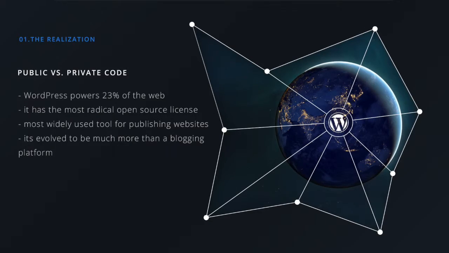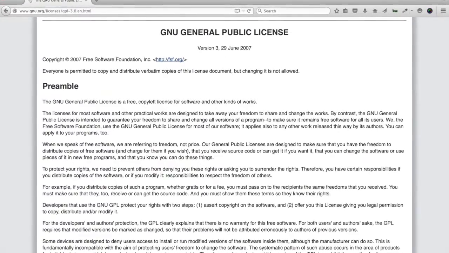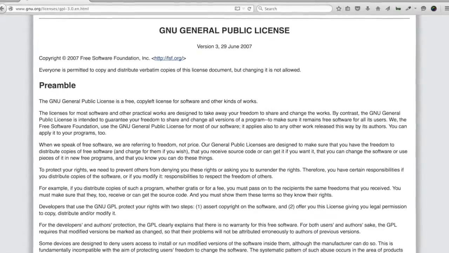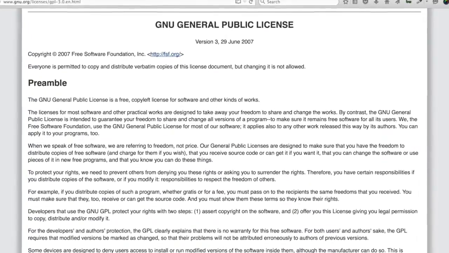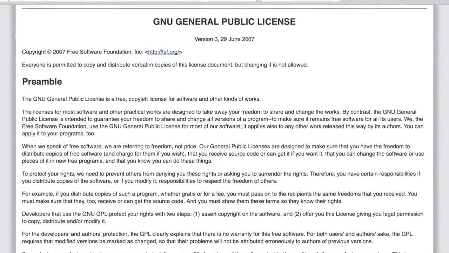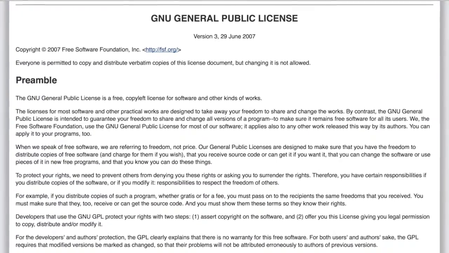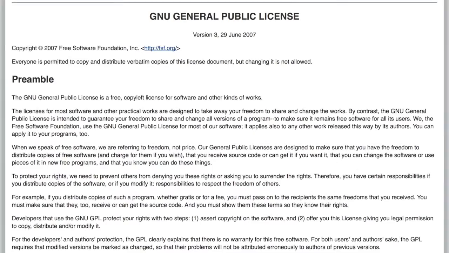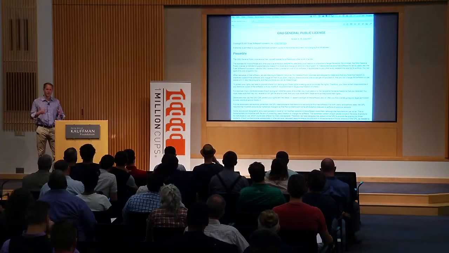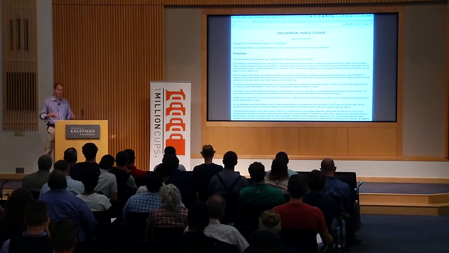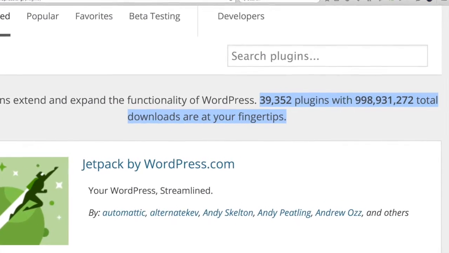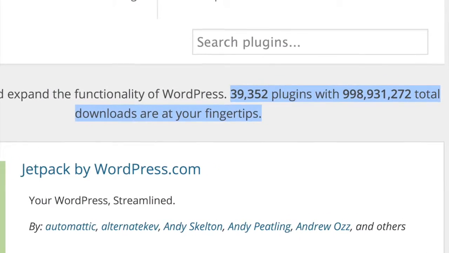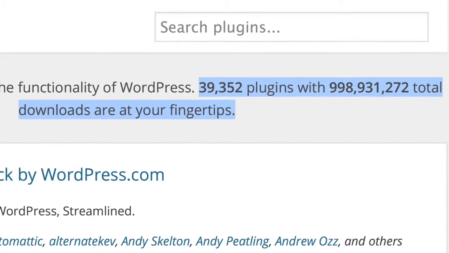WordPress also has one of the most radical open source licenses in existence. It's called the General Public License. And what it does is it essentially guarantees that any derivative work or work that builds upon the core WordPress software has to be licensed under that same free open source license. And so what this did is it created an environment where the innovation of a single developer or a group of developers is in many ways collectively gained by the entire WordPress community. And it was this fact that there are just more people working on WordPress than any other proprietary software that led us to believe that it was just going to be more powerful than everything else.